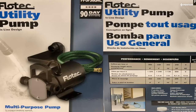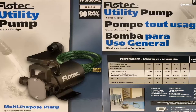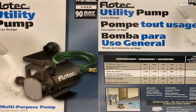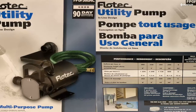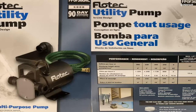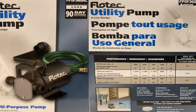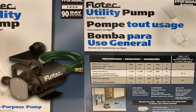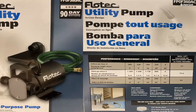The Pentair Flotec FPOF 360 AC is a transfer pump roughly the size of a 12-ounce soda can. This small but powerful pump can move up to 350 gallons per hour and comes equipped with 2 suction options for various conditions. The pump easily plugs into a standard 3-prong grounded outlet, and its compact size makes it extremely